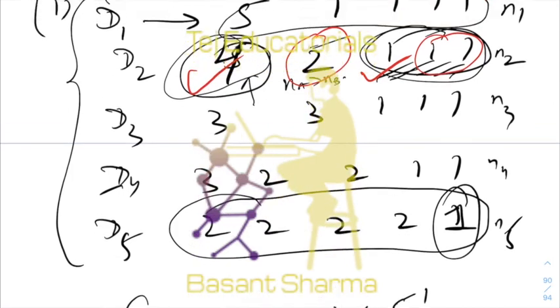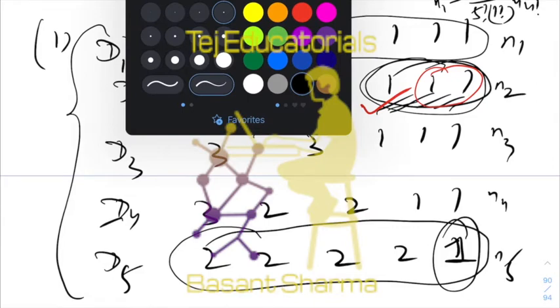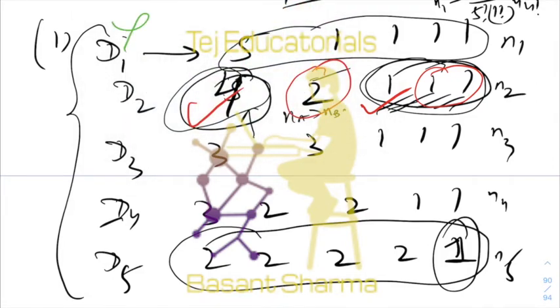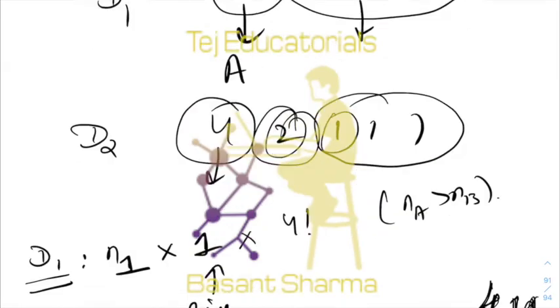So what is that? First of all, it cannot happen in D1, because four people will get the same number of objects. It can happen in D2. It cannot happen in D3. It can happen in D4. And so it can happen only in D2 and D4. So D2 and D4 are the only possible distributions in which A, B and C have a possibility of getting different numbers of objects.